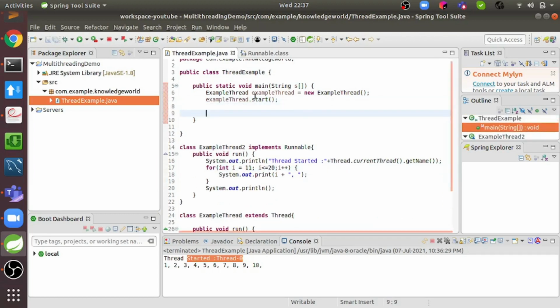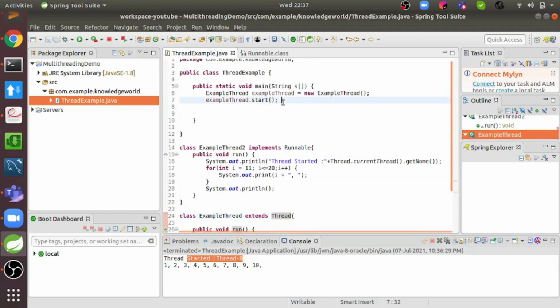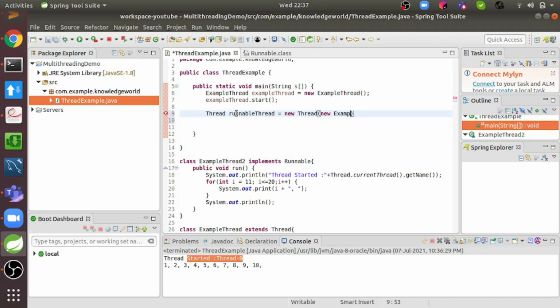Now to call this, this is a class, right? So we have just created the instance and called the start method over that instance, but here we have to create a Thread instance. Let's call it runnableThread, and this is a thread of type Runnable. So I just have to create the ExampleThread2.